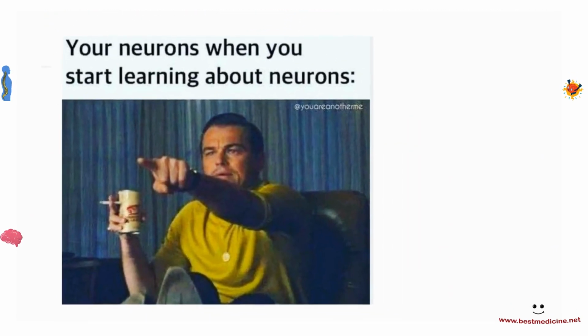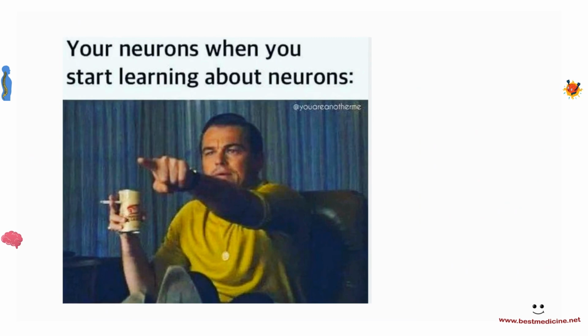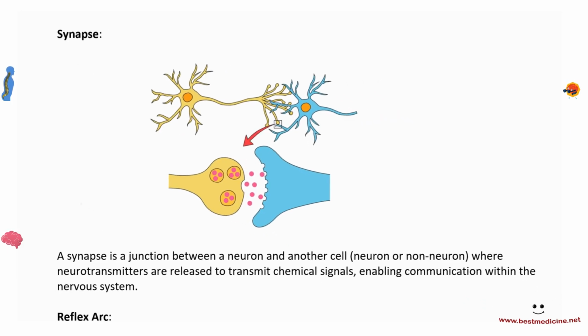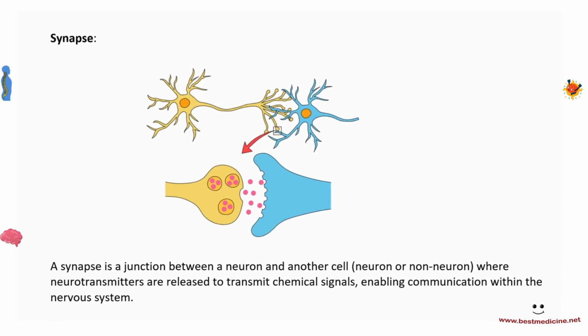And here's us right now, right? Our neurons when they start learning about neurons. That's us. The neurons say, okay, that's me, right there. Okay, synapse. So remember, a synapse is a connection between either a neuron and some other cell, or a